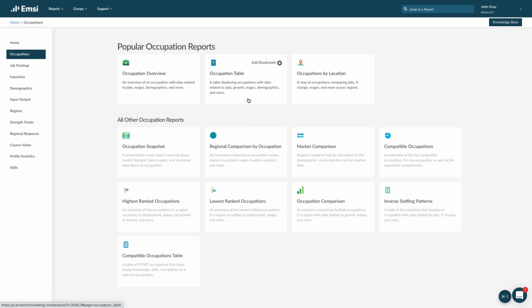The benefit of using the occupation and industry table is sometimes the shortened, quick reports don't actually cover the detail that you need. So by using the table, you're going to be able to pull out the exact columns that you need, and then you can export it in a format that suits you. So to click into the occupation table,